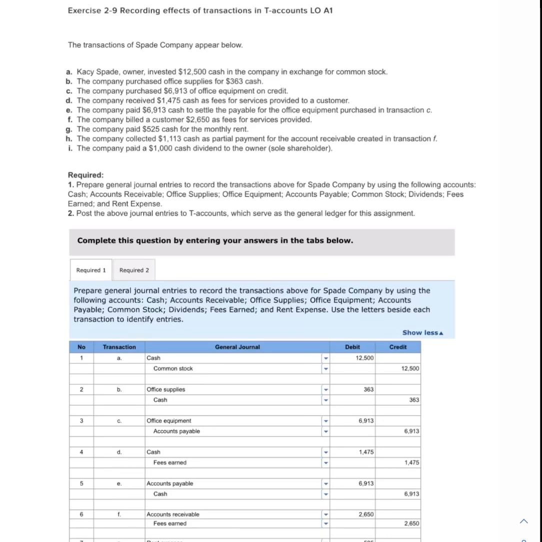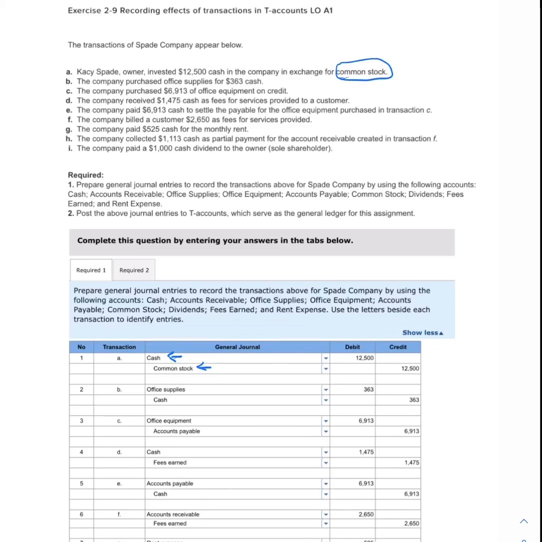Cash is an asset. If an asset increases, you debit that asset. But what also happened is equity in the company has increased. So when equity increases, you do that with a credit. And in this case, that credit goes directly to common stock because that's what the owner got. So the first journal entry is done, a debit to cash for $12,500 and a credit to common stock for